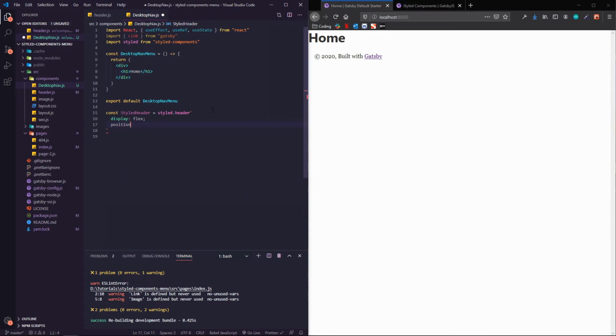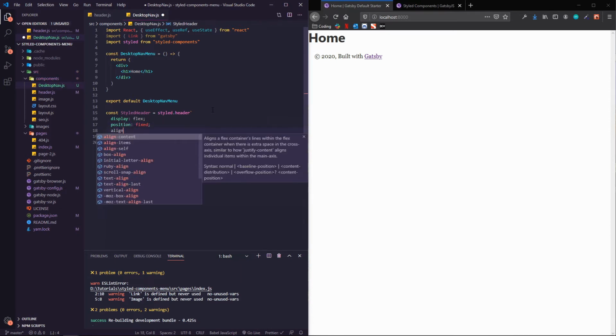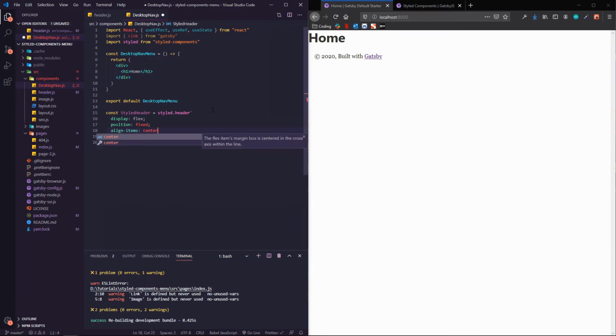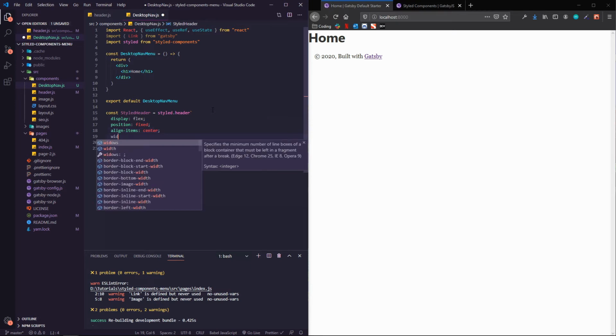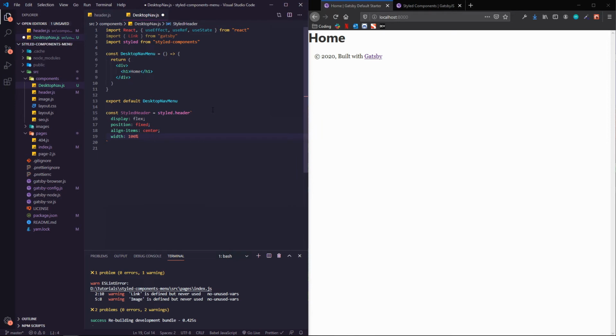I'm going to give it position fixed so that it stays at the top. I'll align my items center so that they are vertically spaced evenly. I'll give it a width of the entire container, so 100% of the body. I'm going to give it a top of 0 so it stays at the top. A z index